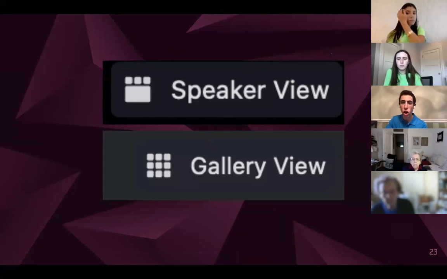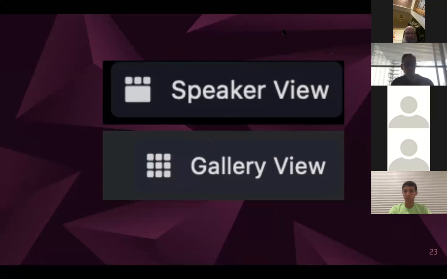Joe, you could actually go out of this screen share so they could play around with that, because once you're in a screen share, you can't. But Julia will explain to you what the difference is between those two and how you could change from one to another. Okay, so on the top right corner of your computer screen, you should see a button that says